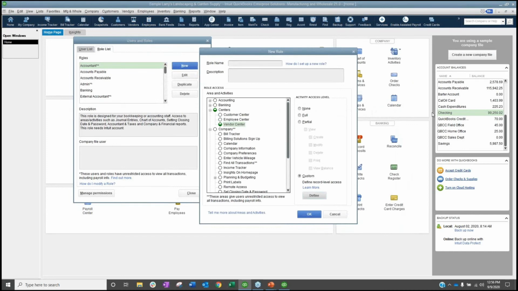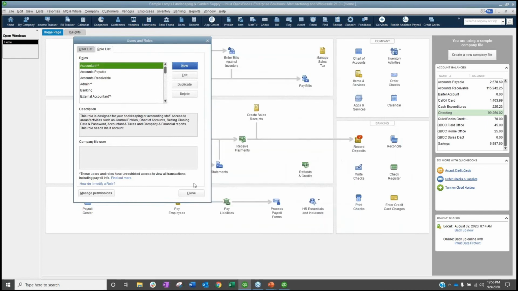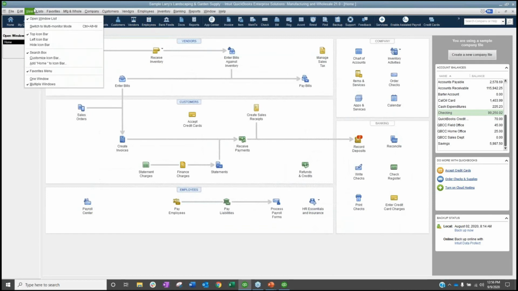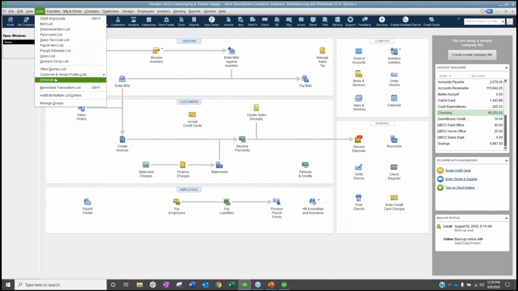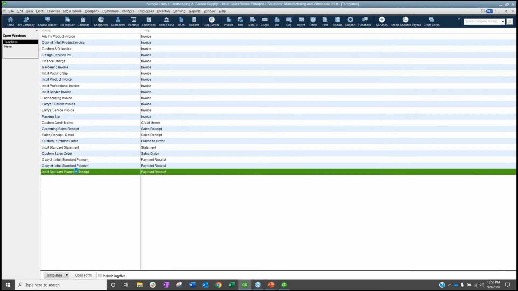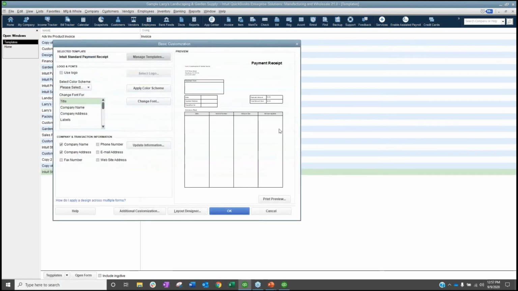Okay, let's move on. Customized payment receipts. So this is something that's fascinating to me. Intuit said that this is one of their top voice of the customer requests in the last year. So I'm glad to share it. Hopefully it'll make people happy. I don't think I've heard it before. So in our templates now, we have a new template called a payment receipt template. Let me see if I get a whole bunch of yays for this one too.